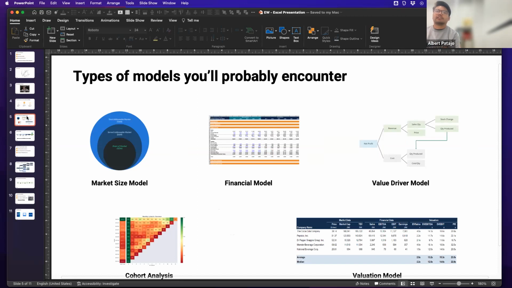And so, a lot of people build market size models, financial models, value driver models. If you're in consulting, it's very common to build a value driver model, and they differ from financial models in that they're estimating something. So a model I built when I was a consultant was looking at how many people eat ice cream in Australia, and the segments of the customer base who eat ice cream, and then based on specific trends, like the premiumization of ice cream.